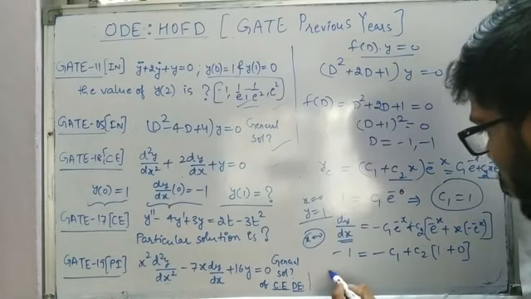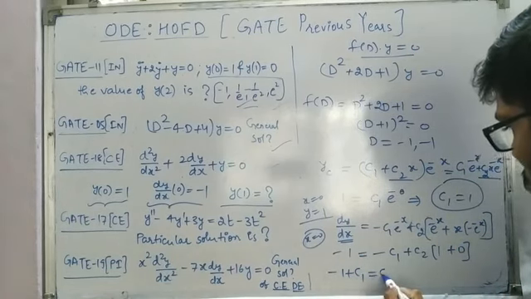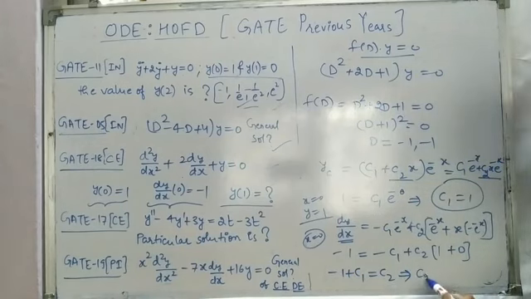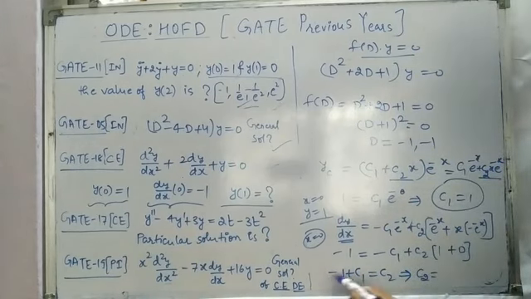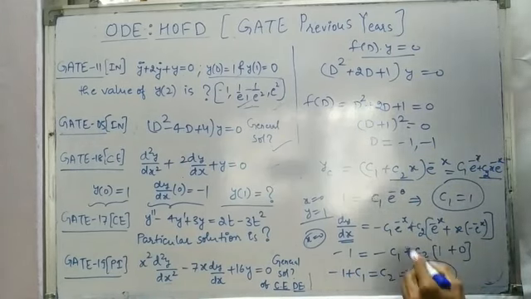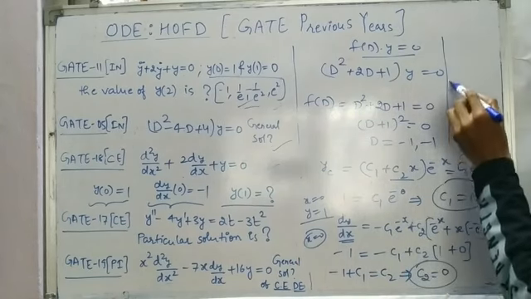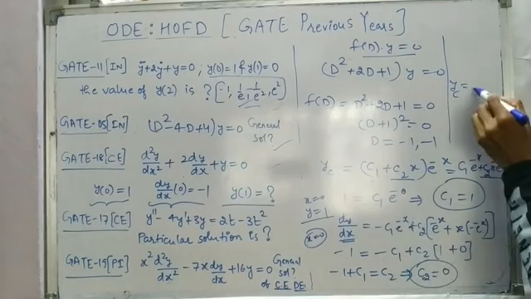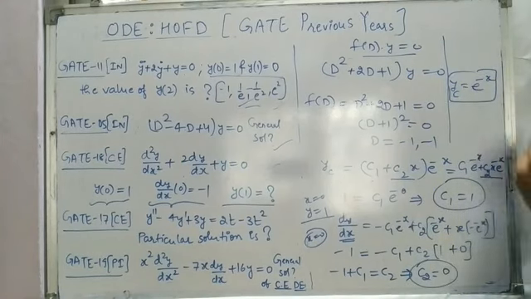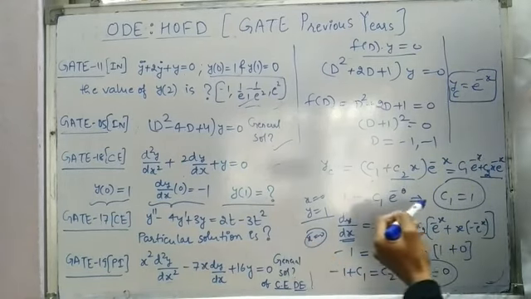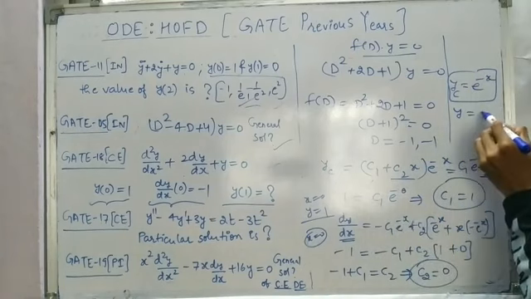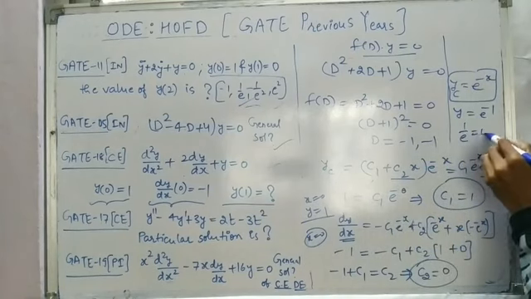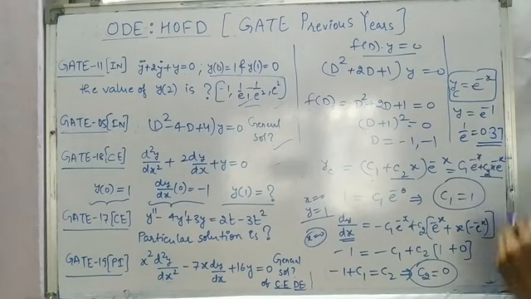So we have minus 1 plus c1 is equal to c2. So from here c2 is equal to c1 minus 1, and c1 is 1, so 1 minus 1 is 0, so c2 is 0. So we are going to get y as c1 is 1 and c2 is 0, so e power minus x. And now it is asked what is going to be the value of y at x equal to 1. So y is nothing but e power minus 1, that is 1 by e,